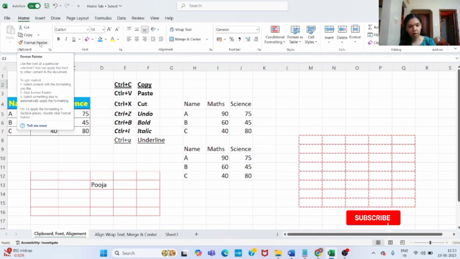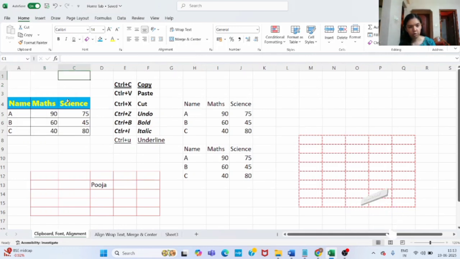So now we will see the format painter option. So see, now suppose this same data we have written here, but the formatting is different. We have changed the font type and the font size here, and we have changed the color also.